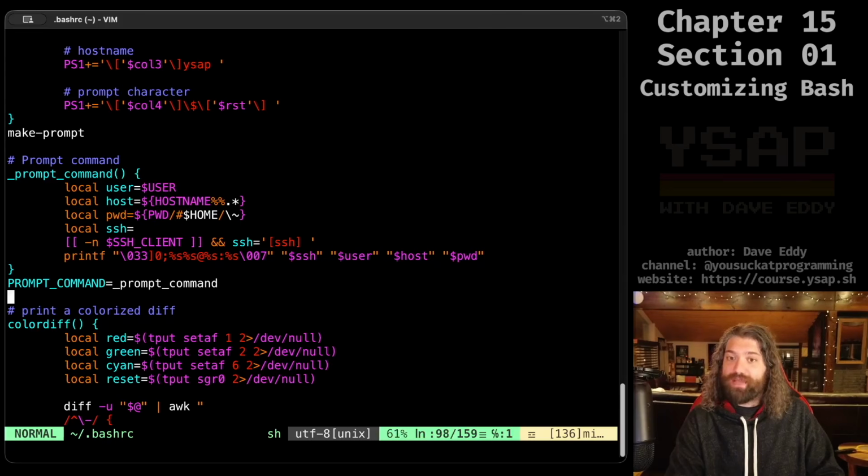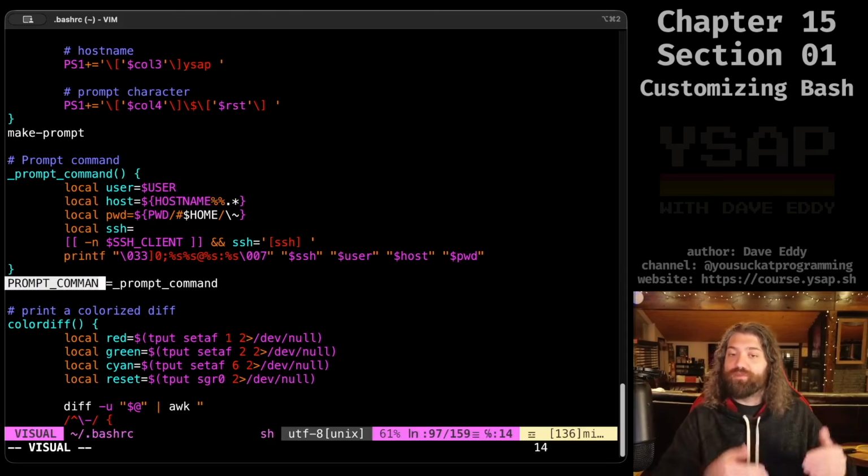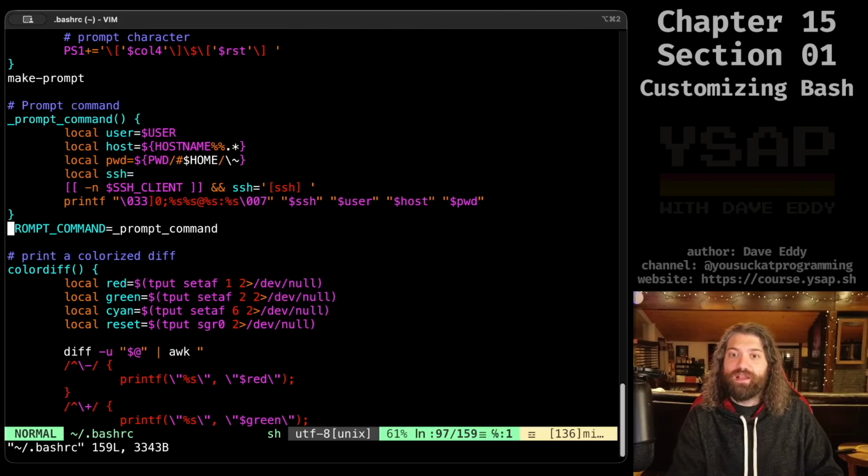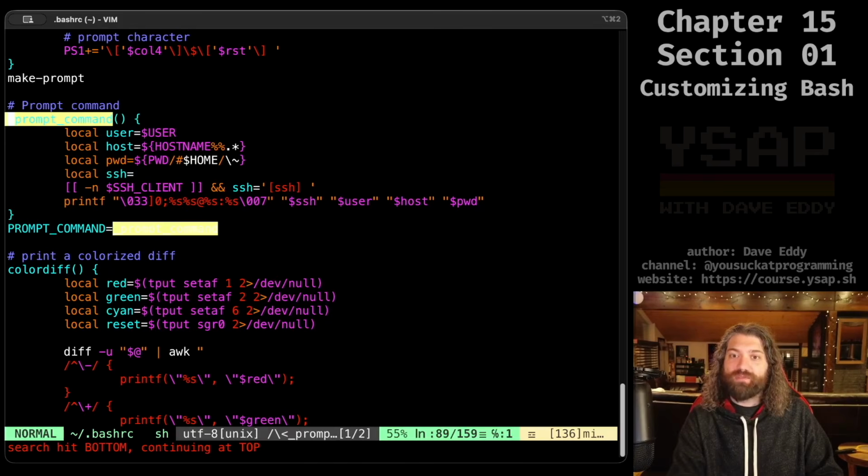We have PROMPT_COMMAND. I haven't talked about this, but this is really cool. This is built into bash, and this is code that will run every time a new prompt is generated. So basically every time I hit enter, that code is running. Now what that code actually does is it runs this function, prompt_command, and this function gets my username,